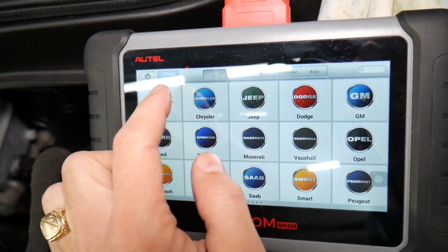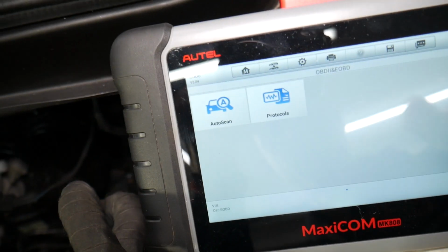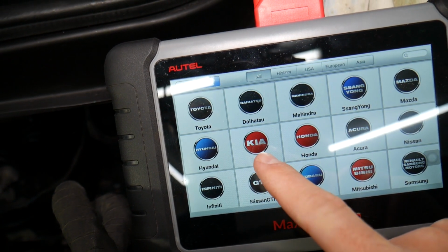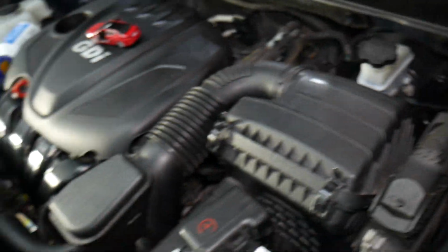Now what you can do, we went to OBD, let me just exit. I accidentally clicked that one. You can see all the cars that you can work on. Kia is right here. So now I'm going to connect it quick, and while it's reading the VIN number, we're going to talk